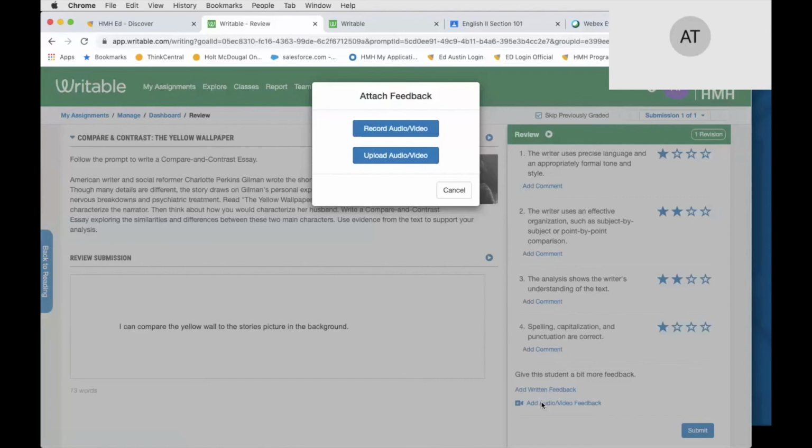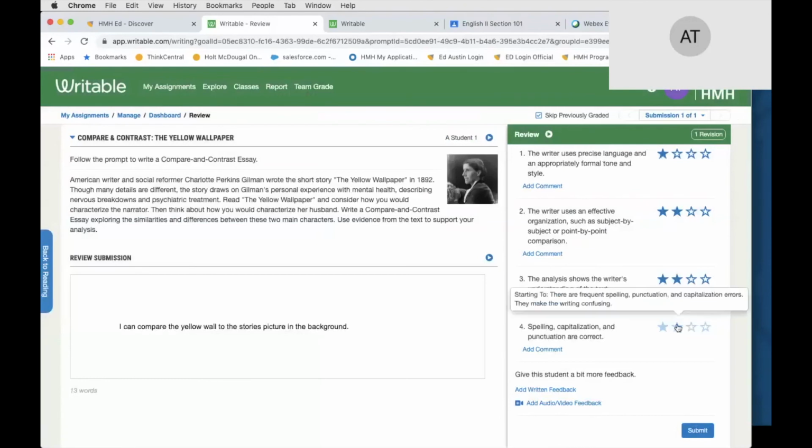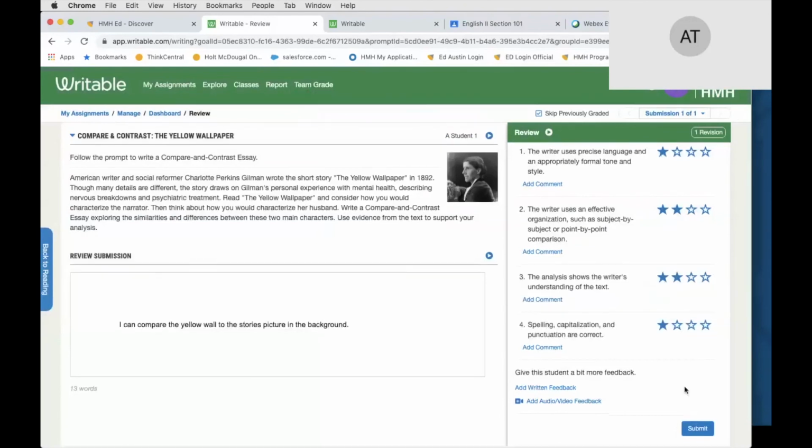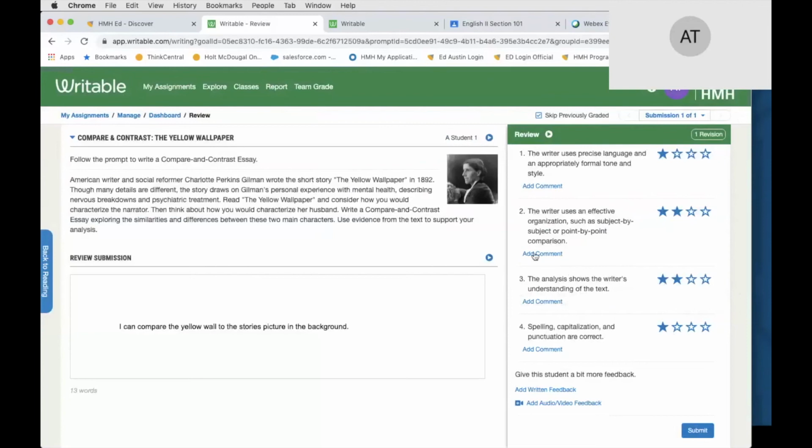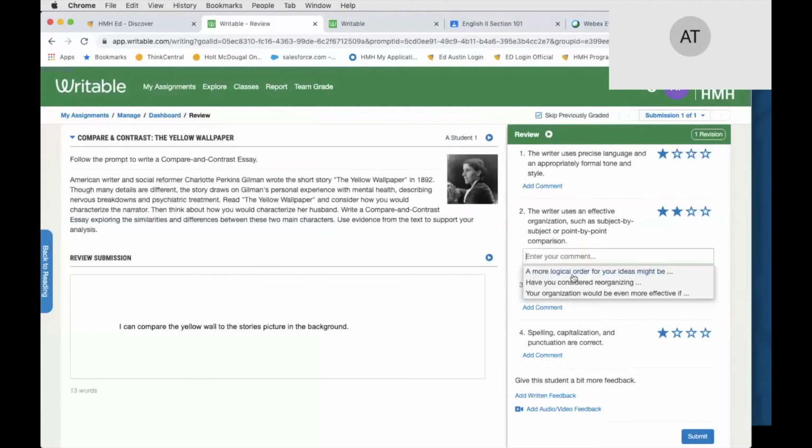Even if I needed to upload a video, I can also upload a video. So know that you have those two options. Once I've gone through, selected the rubric items, selected the stars, and put in comments, I'm done as a teacher. Also know that as you're looking at the student's paper,